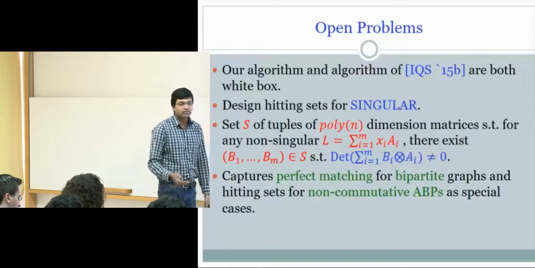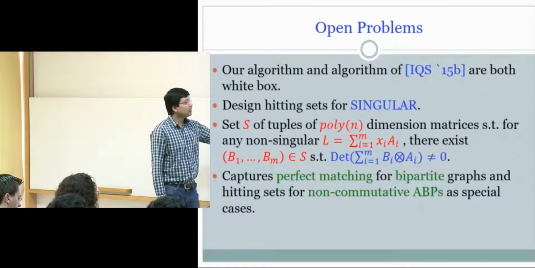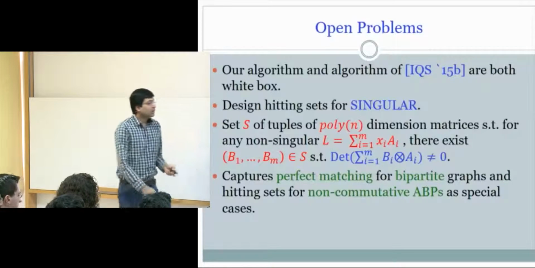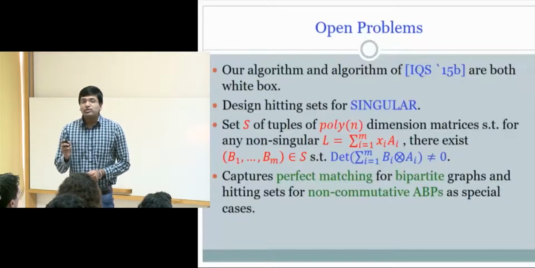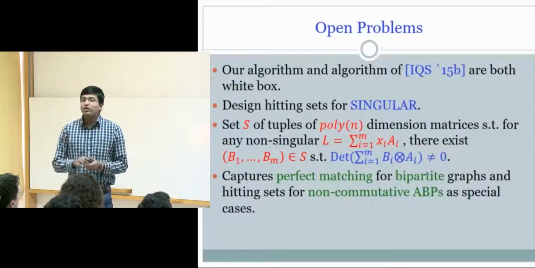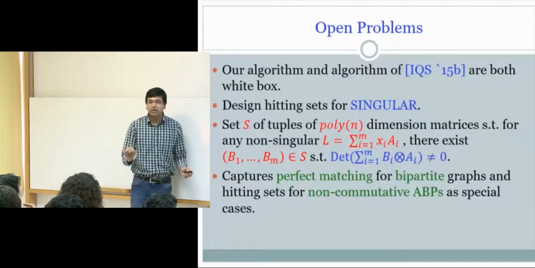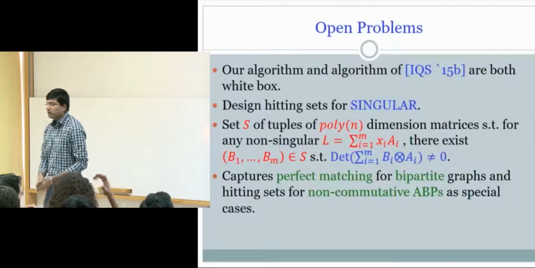So you get perfect matching for bipartite graphs because you have a bipartite graph, you take elementary matrices Eij for each edge, and singularity for that problem is okay. But also for general graphs, right? Not general graphs, only for bipartite graphs. Why not? For general graphs, the non-commutative rank and the commutative rank notions differ. There's a duality, I can explain this offline, but it doesn't capture general graphs, only bipartite graphs. That's good, because the intuition is that singularity is captured by Hall's condition. Yes.